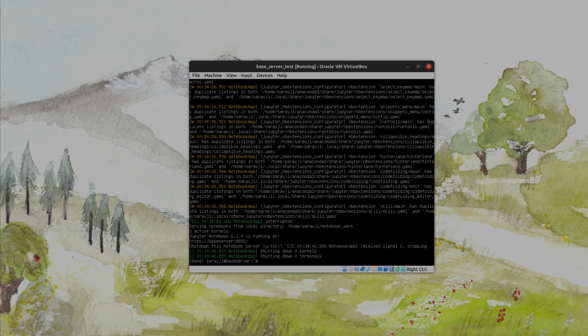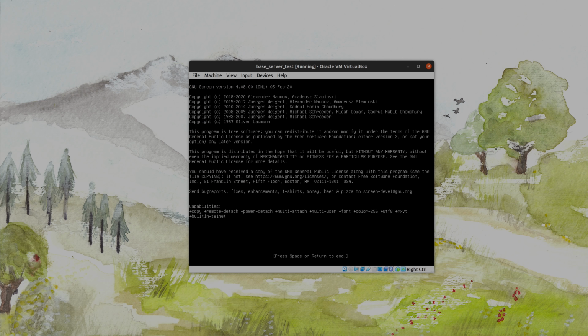The moment the terminal is terminated for whatever reason, the Jupyter Notebook server is simply terminated. You don't get a warning, you don't get an option to save or anything like that. So this can be very annoying. So what I suggest instead is to use the screen application,